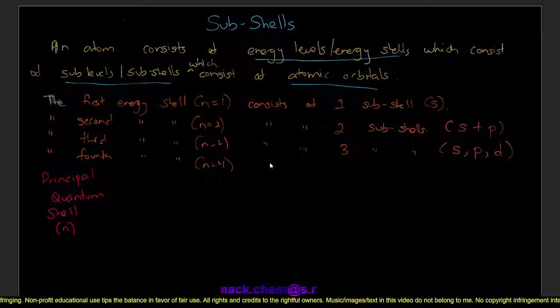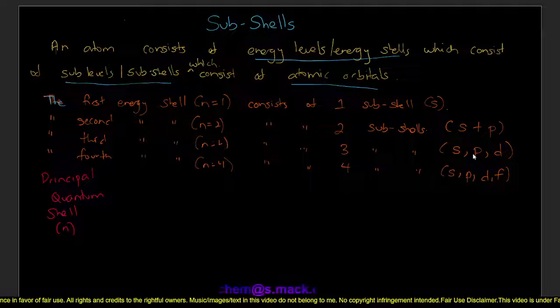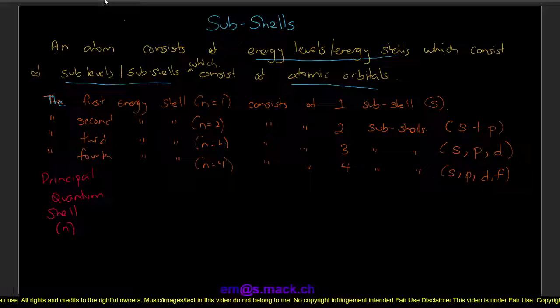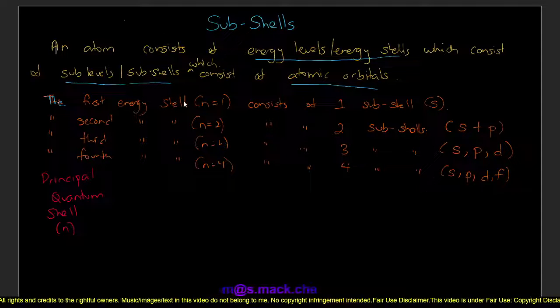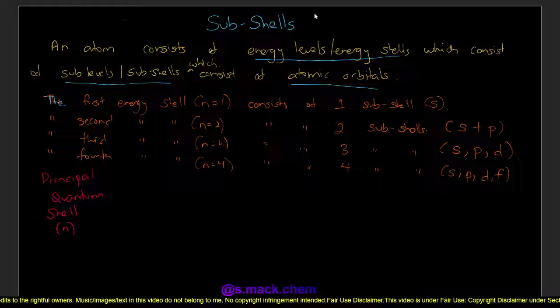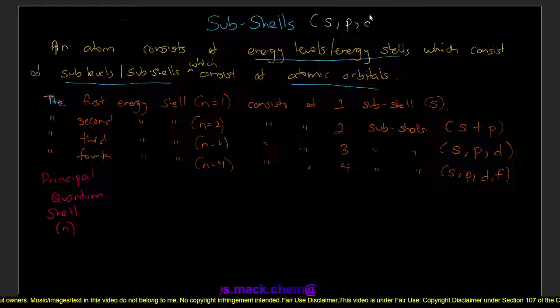But we say that the fourth shell consists of four subshells, and this is S, P, D, and F. So there are four subshells, and these four subshells are categorized as S, P, D, and